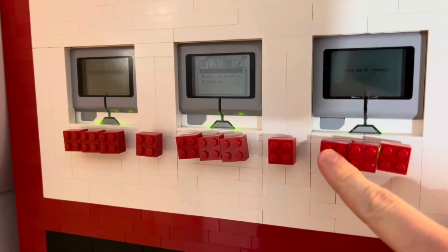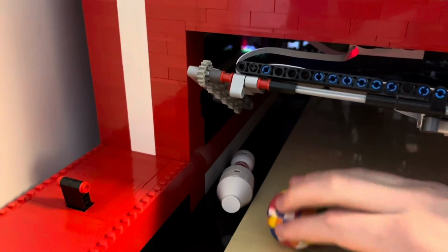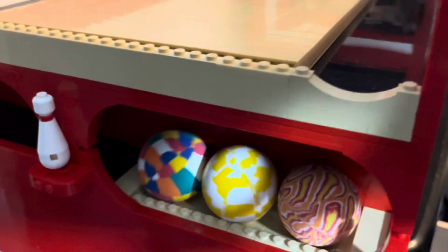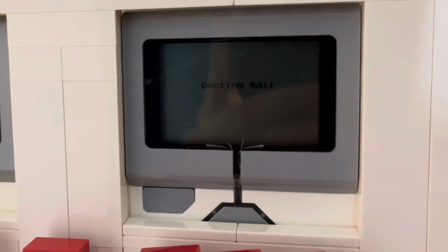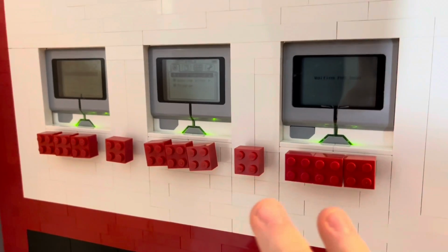The right brick, once started, says waiting for bowl. So if we trip that sensor with this yellow piece, now it says cycling ball. And we chuck a bowling ball down there. It'll then begin to get picked up. And now it says, ball cycled. Another feature of this one and the previous one is that when it's not doing anything, it's green,